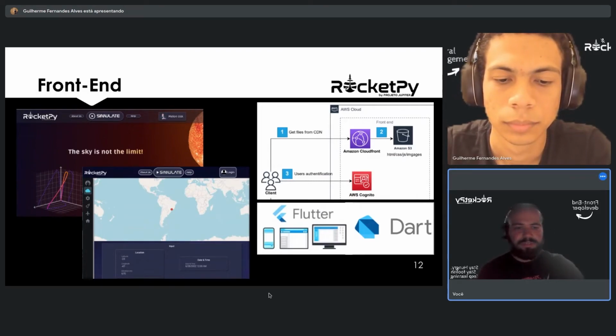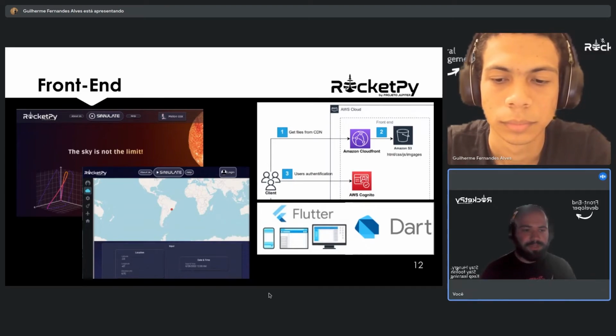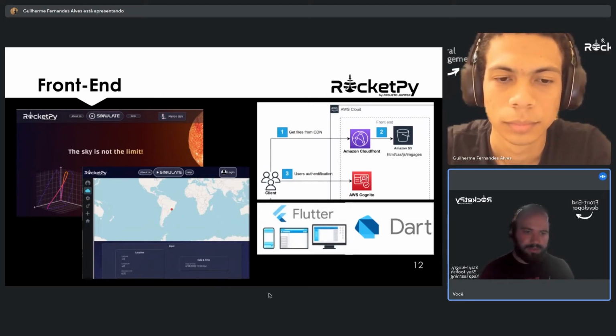The front end team aims to have an interactive, good looking, and straightforward graphical user interface, so that we can reach more people to use RocketPy, as well as use the most up to date